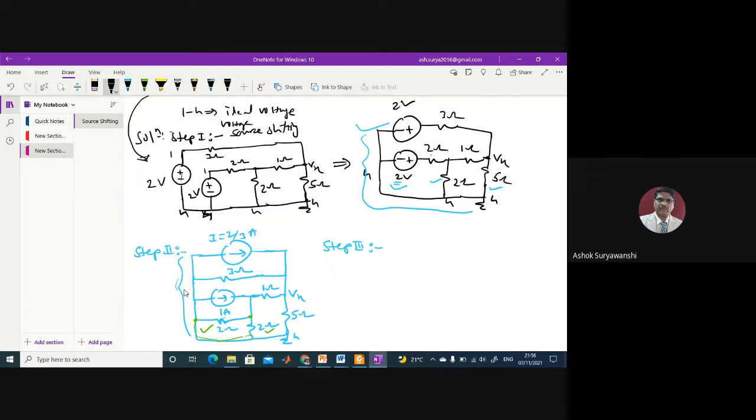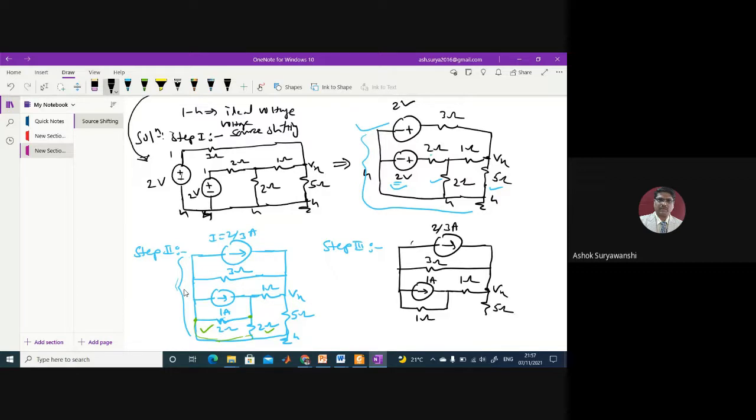So I'll draw the circuit diagram here, simplified. So this is our current source having value 2 by 3. Let us keep the fractional form as it is. Then this is 3 ohm. Then this is 1 ampere current source. Now across this there will be 1 ohm resistance, because 2 ohm parallel to 2 ohm is 1 ohm, right? And then this 1 ohm will be in series with this. This is your Vx. So this is your 5 ohm.